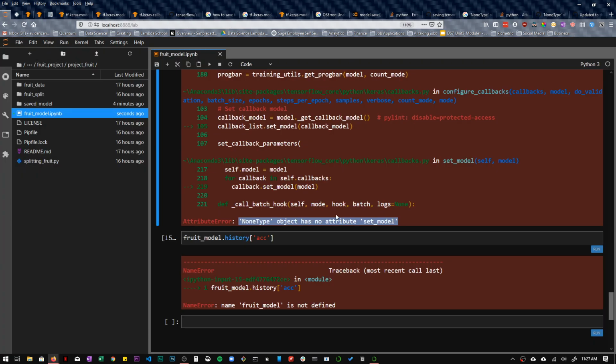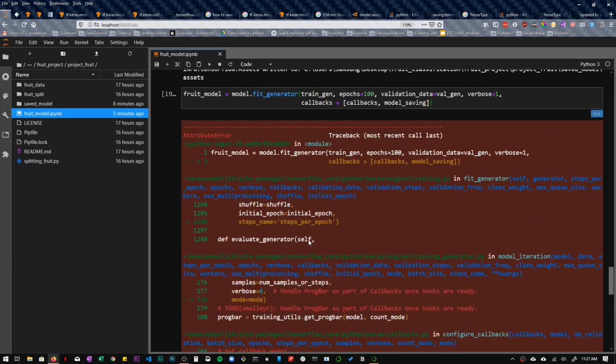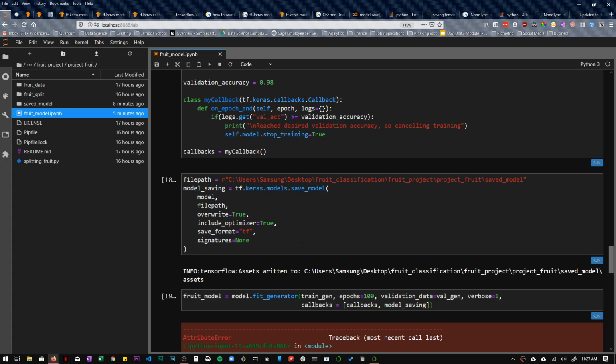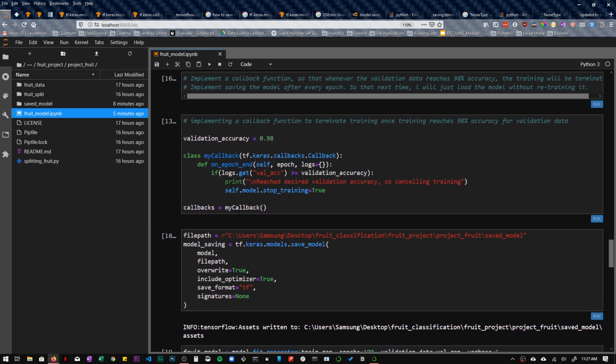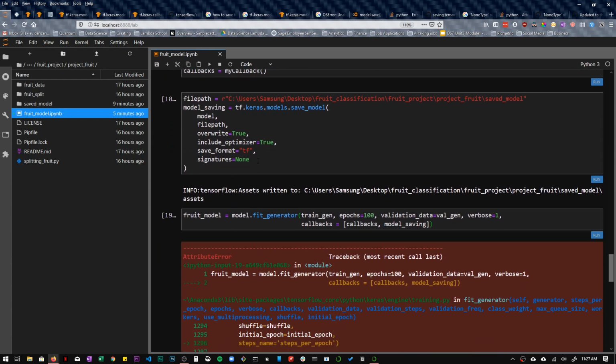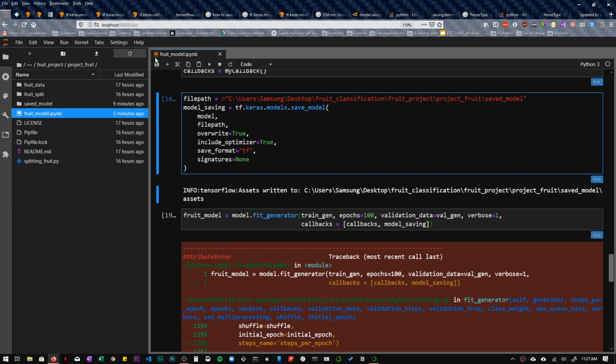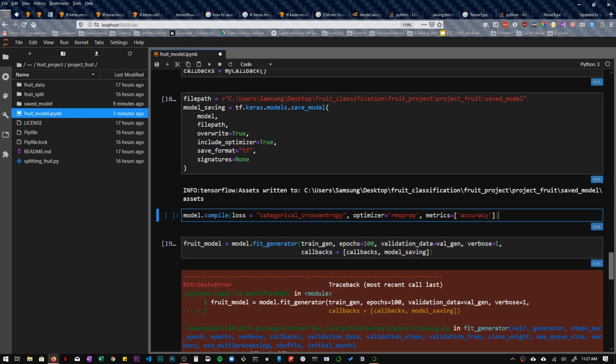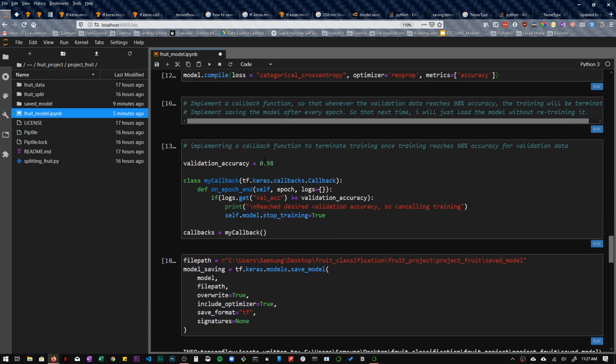The model is none. Okay, that's all right. Let me copy this. The model is none, and let me put it here.